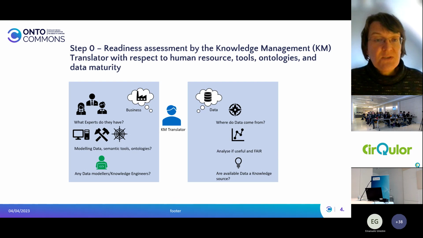I kind of lied to you from the beginning. There's a 0th step, and we heard this in the previous talks. How ready is your data? This is very important because when we go in, we need to check what is available and do some sort of maturity assessment. Low maturity is still maturity, so we can do things. And a little semantics, as we know, goes a long way.